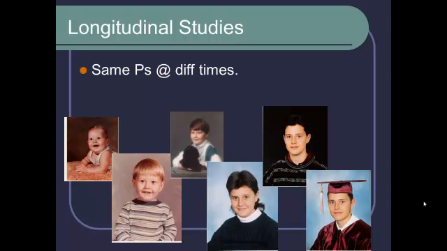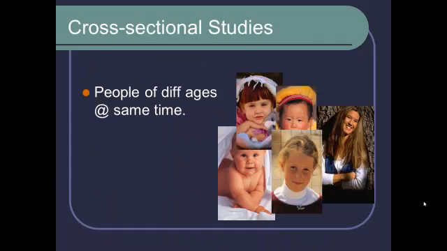So basically we would start with a bunch of babies and then maybe measure them every couple of years on whatever variable we were interested in to see how they changed over time. This kind of research takes a really long time to do, as you can see. We have to run the study for 20+ years, but we get a lot of really great information by following the same participants throughout. The other approach is called cross-sectional research,